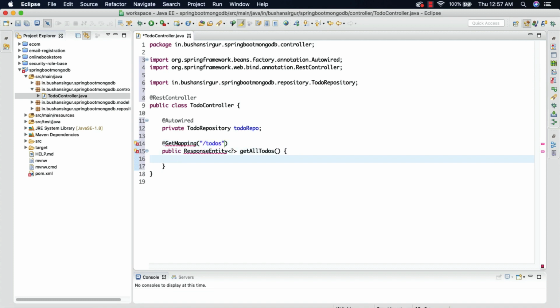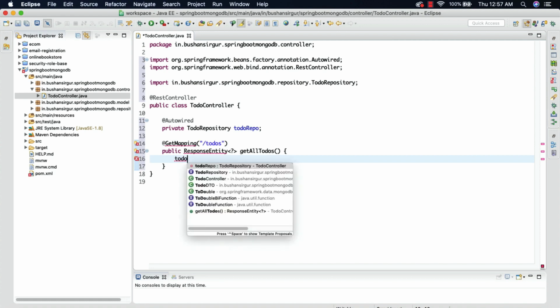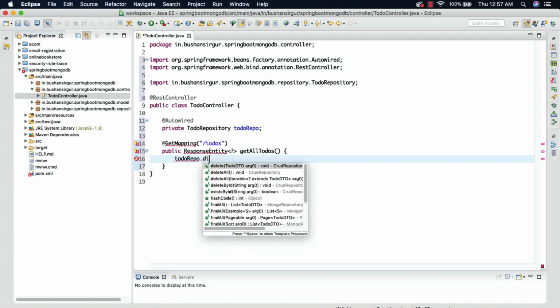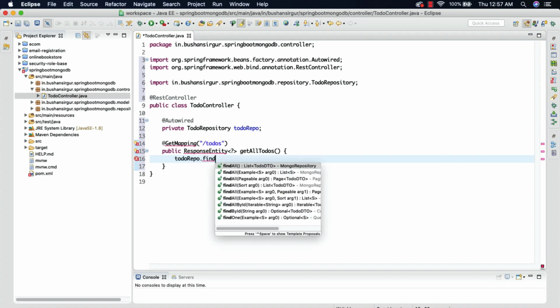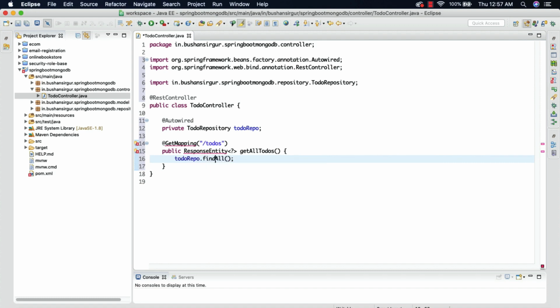Inside this we're going to make use of the repository to call the repository method todoRepo.findAll. This is going to return a list of todos. I'm going to call this list todoDTO. Let me import the List as well as the ToDoDTO.